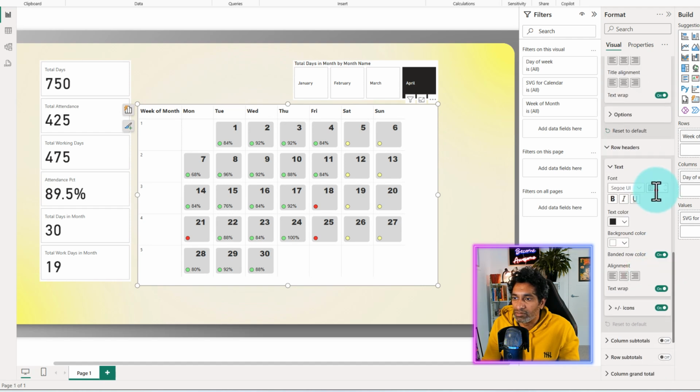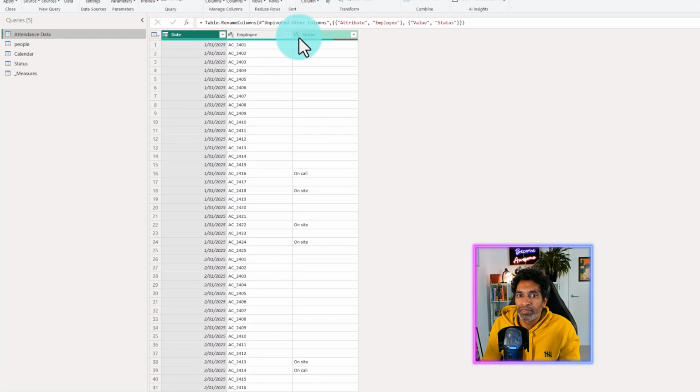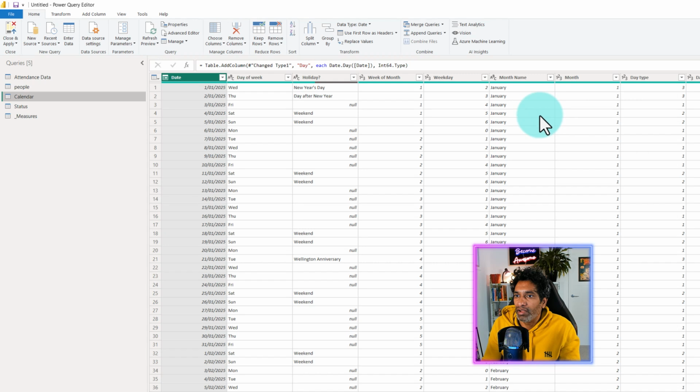Row headers also 14 pixels, bold them, and change the color. Now you can see that the week of the month is actually showing as a number. I didn't really like this. So what I'm going to do is quickly jump into Power Query, go to calendar, and week